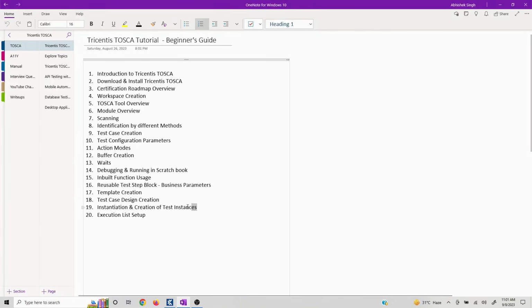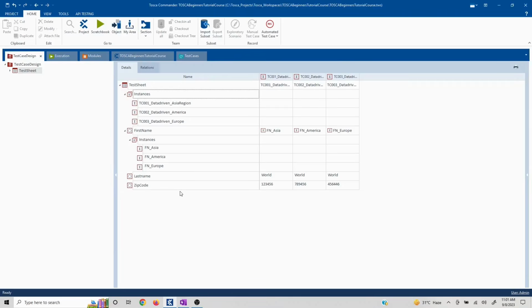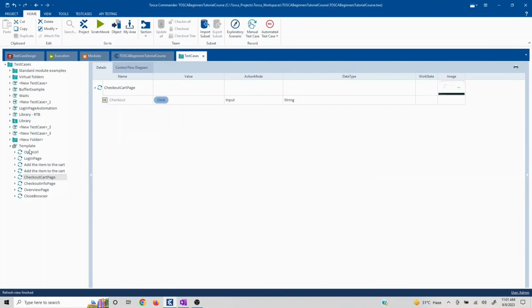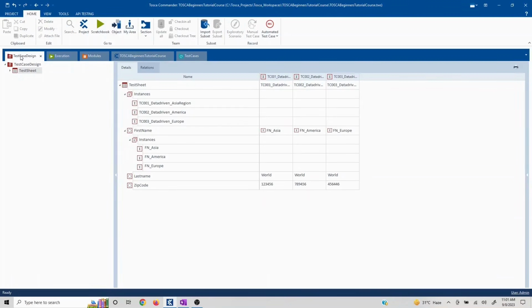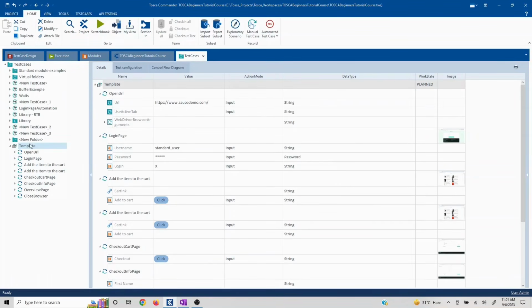Now we'll come to the 19th chapter, instantiation and creation of the test instances. Our data test sheet is ready, our test case is ready. In case I have not changed this to a template, I'll not be able to associate. So the first step is I would need to associate my test case design to the template. Then it would understand that I need to refer the data from here and then create the